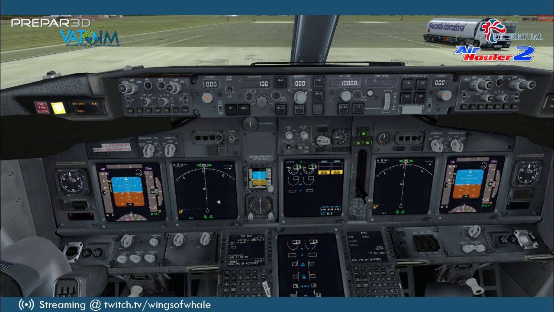It takes a little time to align the IRS, 20 seconds or so, but you can then set your FMC position so that the aircraft knows exactly where you are, so it can plot your course when you configure your route in the FMC. So that's the aircraft setup